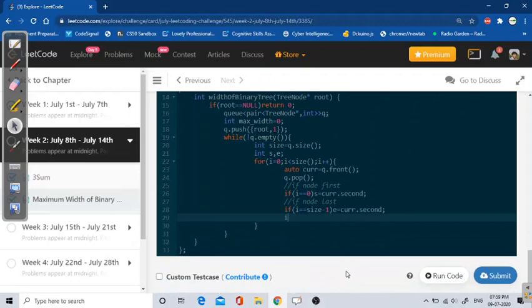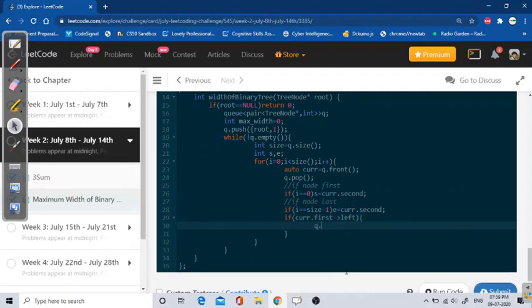And after that I will check if my current dot first left is not null. If it is not null we will push our values in our queue in pair.